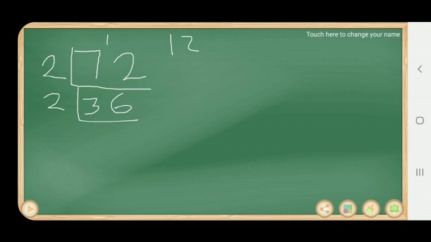One method is 36 divided by 2. Half of 36, that is 18. Otherwise, digit by digit. In 3, how many 2's are there? In 3, 1. 1 into 2, 2 only. Again 3 minus 2, 1 is remaining. That 1 into 6 becomes 16. In 16, how many 2's are there? In 16, 8 2's. 18. In 18, how many 2's are there? 9. Now odd number. 2 is not possible.